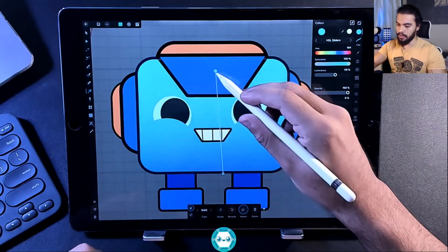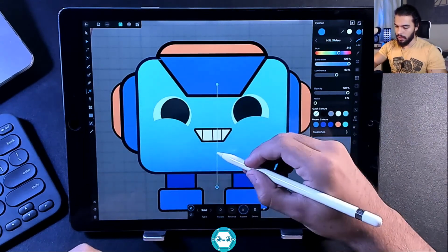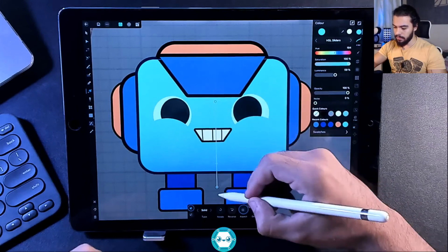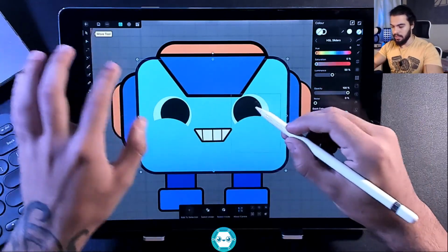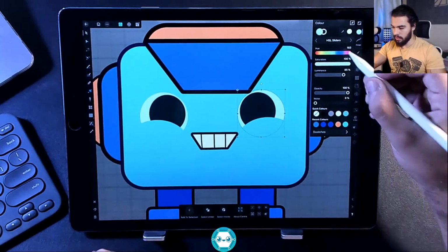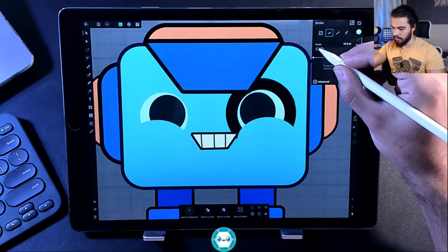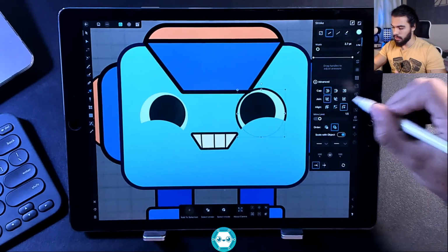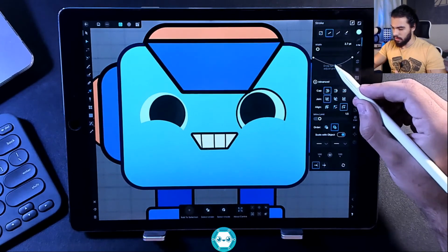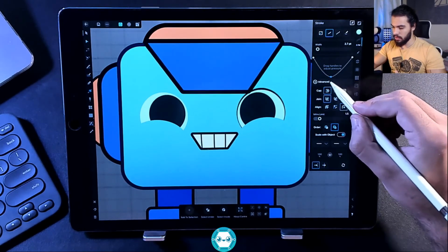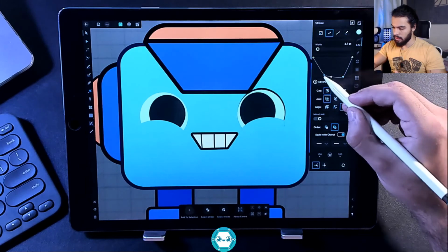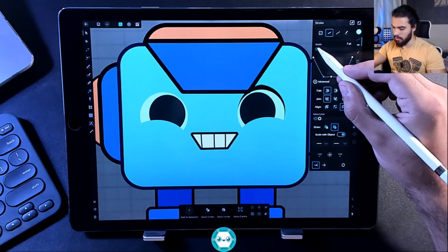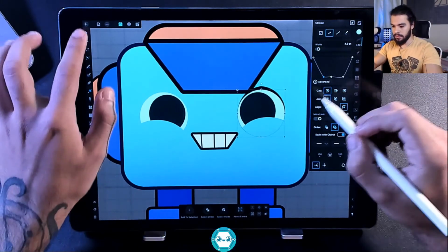Try to experiment the fill tool because it's very nice to use. And these eyes, now let's try to apply the stroke, but be careful with this one. You guys can use this stroke here if you want,